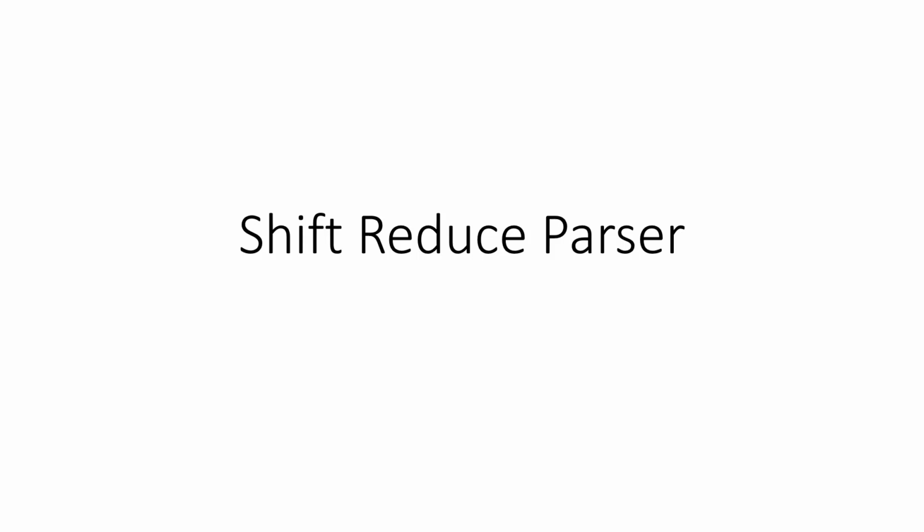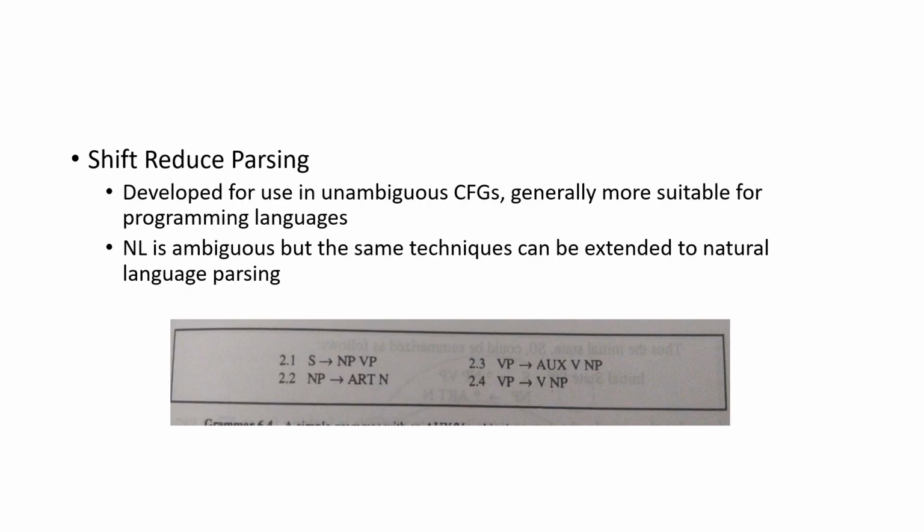Okay, so today we are going to look at another parser known as shift reduce parser. Actually, shift reduce parser is a bottom up parser. You must have come across this parser in compiler design. It's the same methodology. In shift reduce parser, you start from the input and keep applying the different productions in reverse, and finally you arrive at the start symbol. In case you arrive at the start symbol, then your input has been accepted as correct. Okay, so that is a bottom up parser.